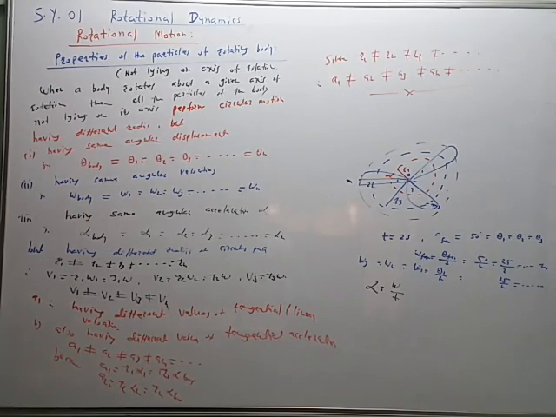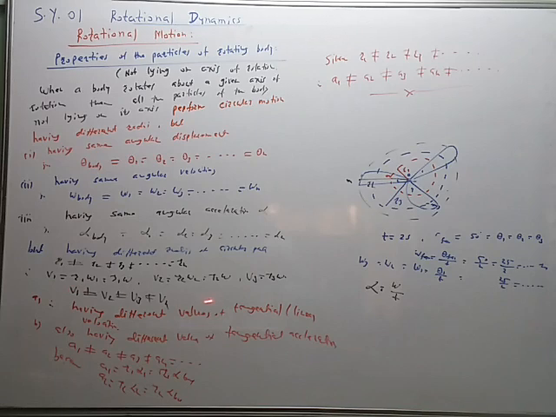See in this figure. When the fan rotates, the particle of mass m1 performs circular motion in this circle. Its radius is r1. This particle is considered at the tip of the blade of the fan. It will perform circular motion in this circle. Its radius is r2. r2 is the longest value. It is greater than r1. This is an intermediate particle on the blade of the fan. It will also perform circular motion having radius r3. So r1 is smallest, r3 is more than that, r2 is the highest. So the particles perform circular motion, but they have different radii.